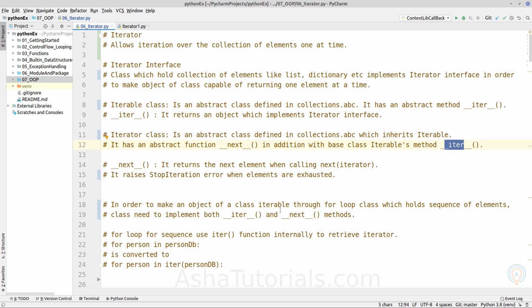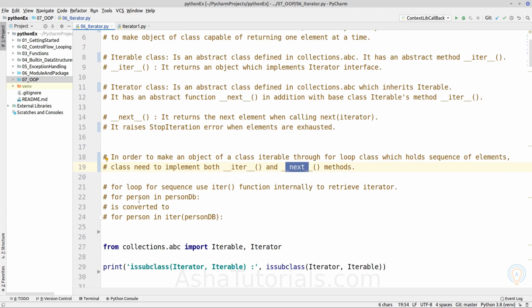So in order to make an object of the class iterable through a for loop or through the iter method, you need to implement the __iter__ and __next__ methods. Now a for each loop internally calls the __iter__ method in order to fetch the iterator object, and in order to fetch the next element it calls the __next__ method on the iterator object.